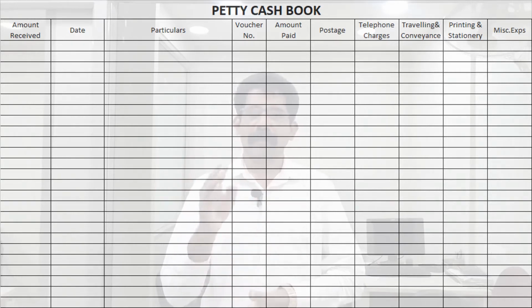So we transfer these 500 rupees to the printing and stationery account, debit the printing and stationery account, and credit the petty cash book. Now the expense comes to the expense account and the petty cash book will come down. Here we have analyzed these expenses into separate columns. This is the analytical petty cash book.